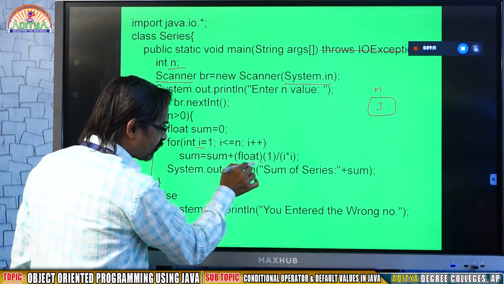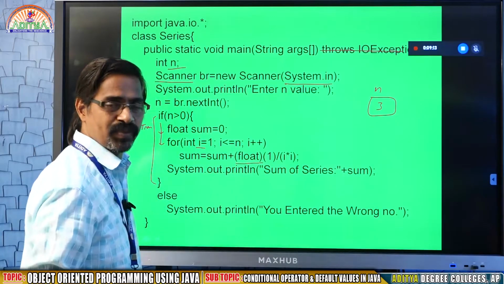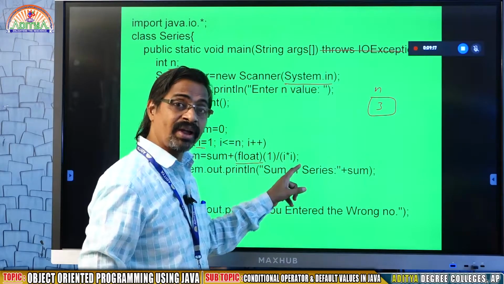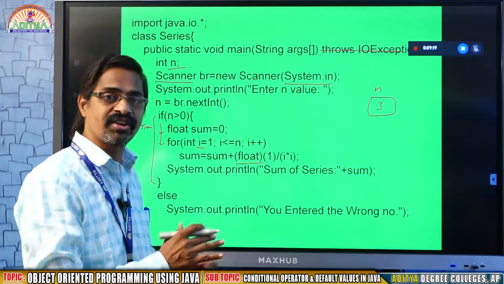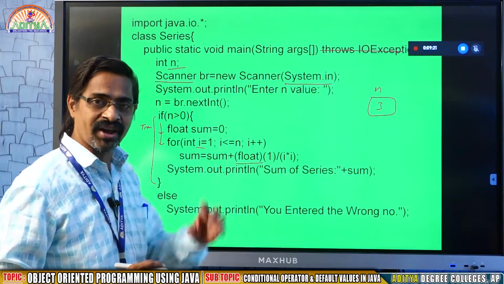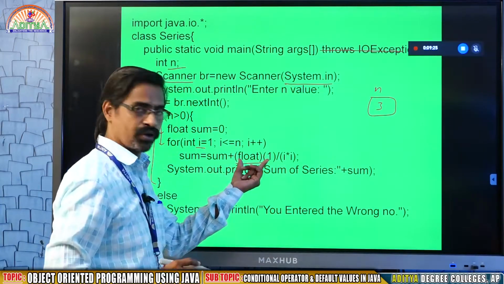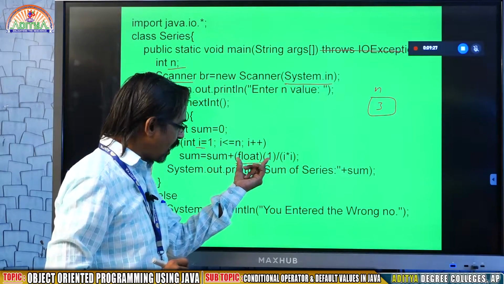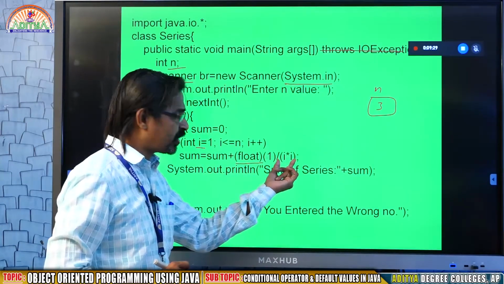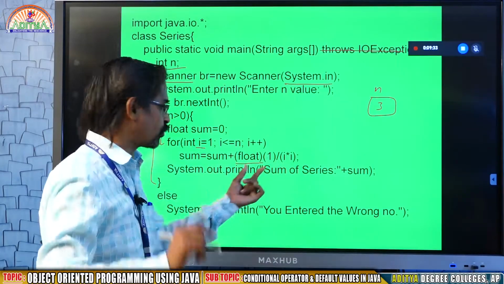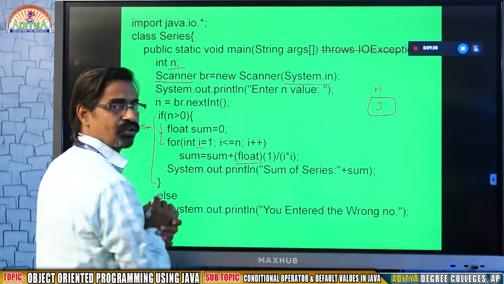Here you may see this is called typecasting, explicit typecasting, because 1 is integer and i into i is also integer. Integer by integer, result is integer, but you will not get the accurate answer. So that's why I am converting 1 into float. In the above value it is float, in the below it is integer. Float by integer, the result will always be float. The float result I am adding to sum.